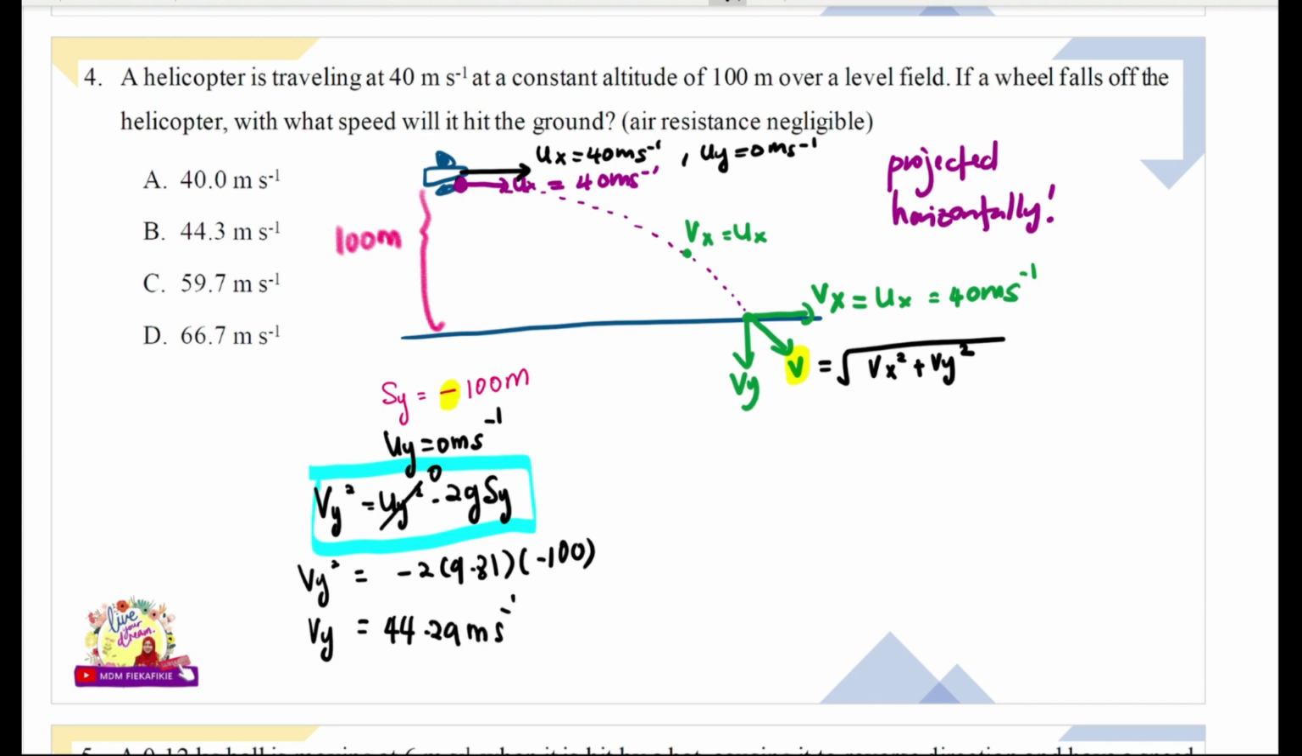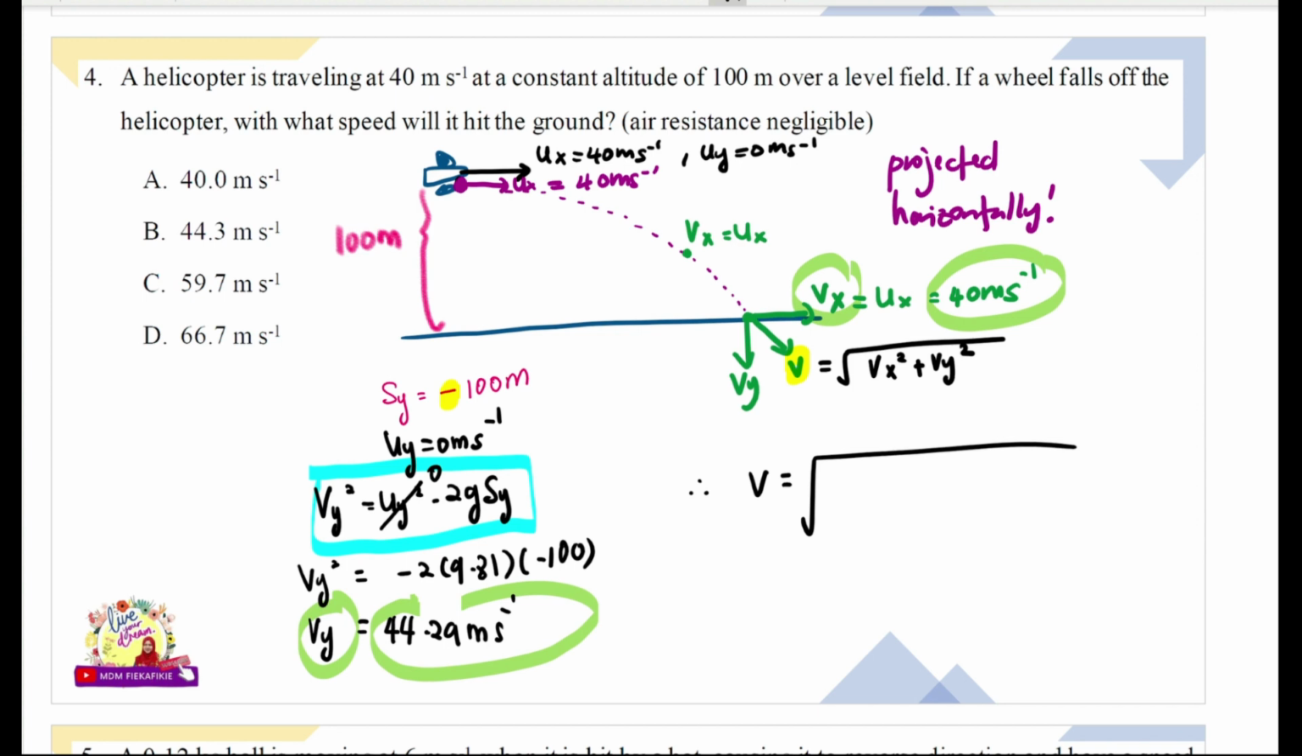Ini baru By. Belum lagi jawapan. Okay. So you dah ada Ux. You dah ada Vx. You dah ada Vy. So kita dah boleh cari V. Therefore, V is equal to Vx squared which is 40 squared plus Vy squared. Okay, yang kita dah kira tadi. Okay. So, kita akan dapat jawapan 59.7